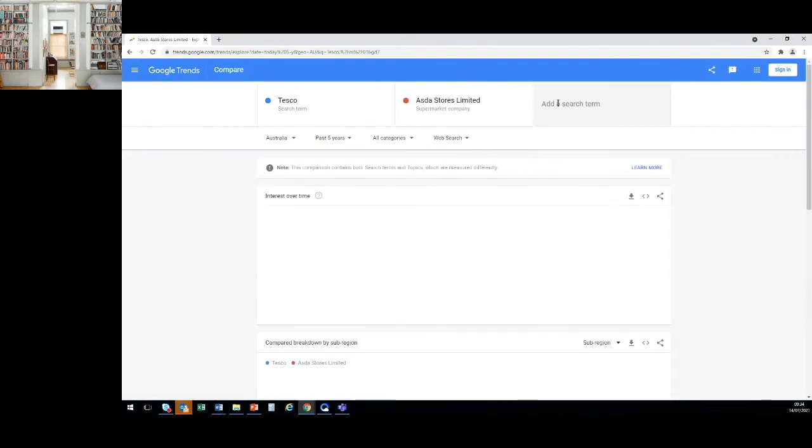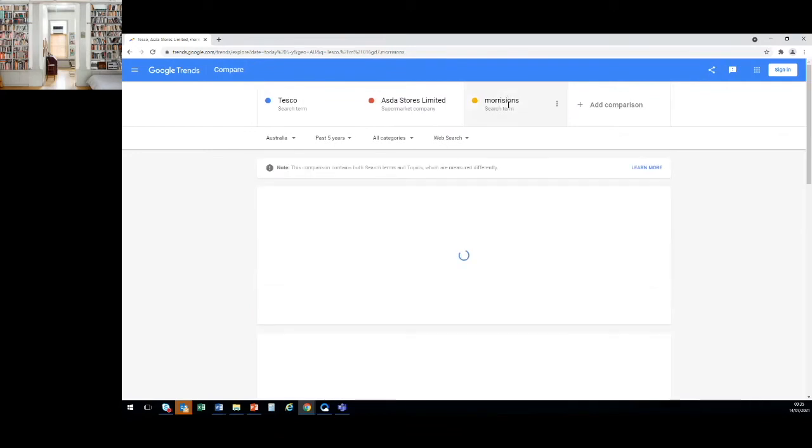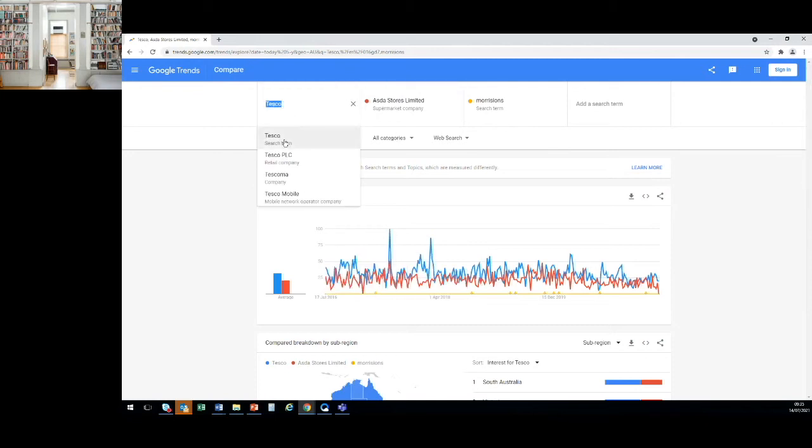And other than Asda, I think there is also Morrisons. Am I correct? Yes, both the R and the S. So you can see the comparison of the search terms.